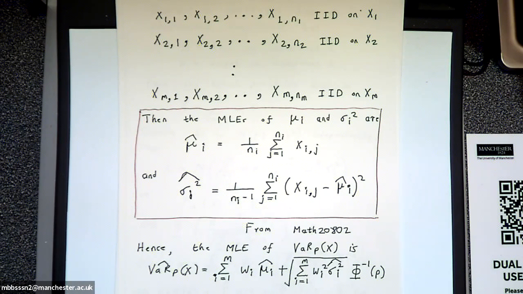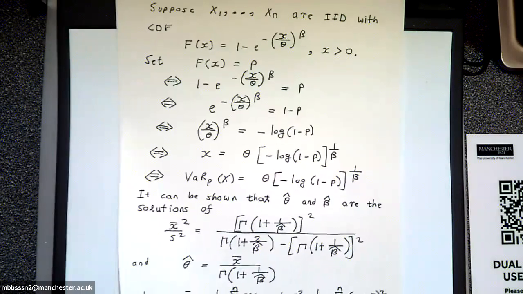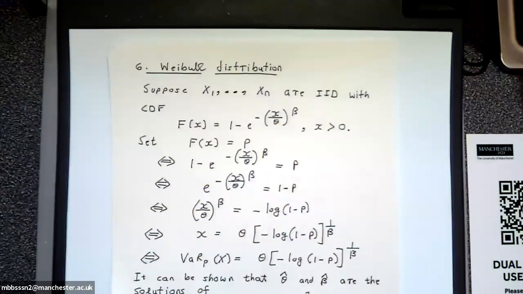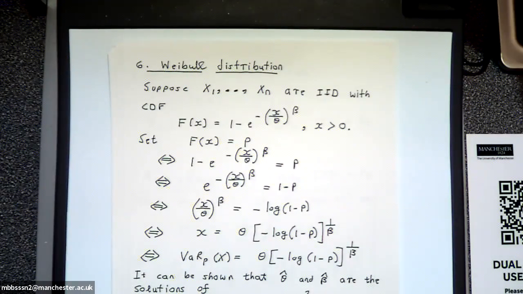All right, so that's the fifth parametric method. The sixth and final parametric method is based on the Weibull distribution. Weibull was a Swedish engineer who invented this distribution. I think he worked for the Swedish car company. I can't remember the brand of the car. I used to remember it. Anyway,